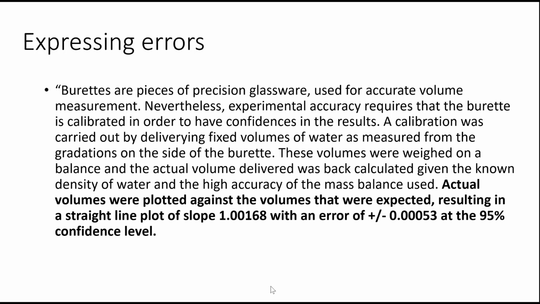So those are some thoughts on writing an abstract. Again, the key ideas: clear, concise, and compelling. What did you do? How did you do it? Summarize the results with errors. Keep it brief